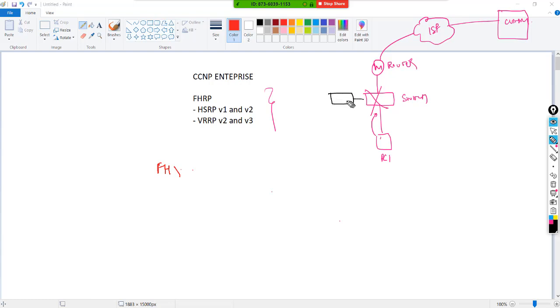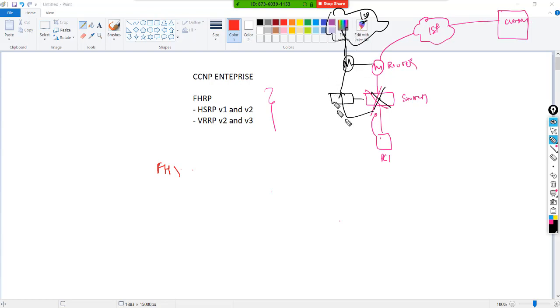So I would connect an extra router here, and similarly, instead of relying on a single ISP, I would have another ISP acting as a backup. Now in case this goes down, we still have the second device which can take up the role of forwarding the packets, and we still have the connectivity.